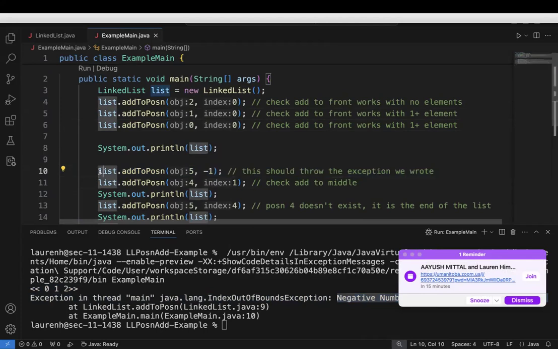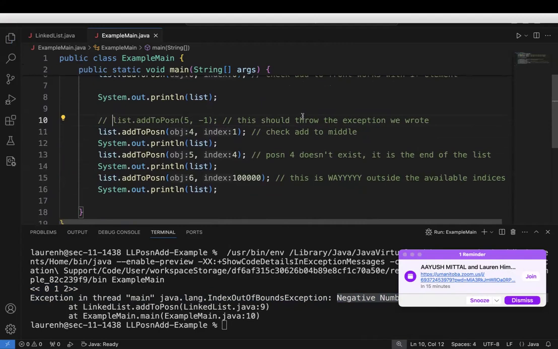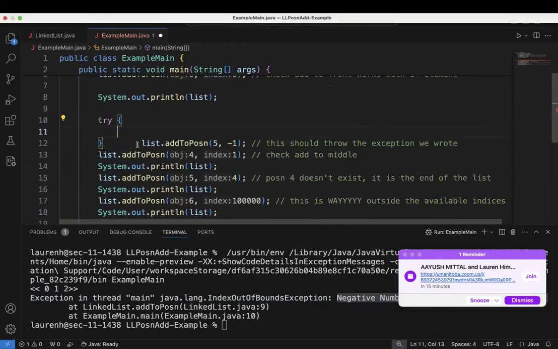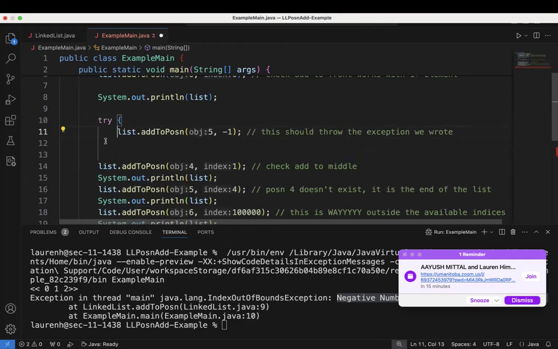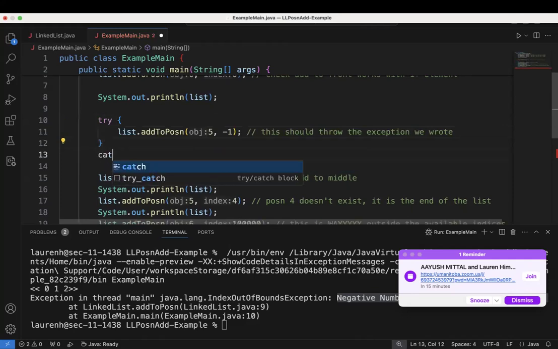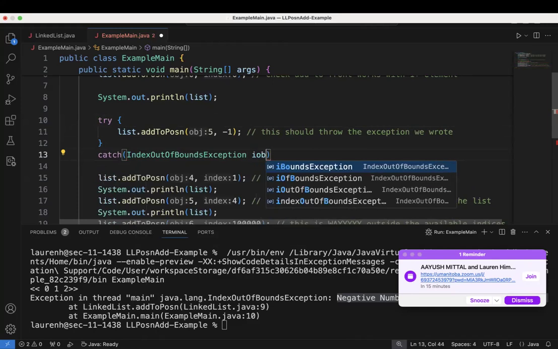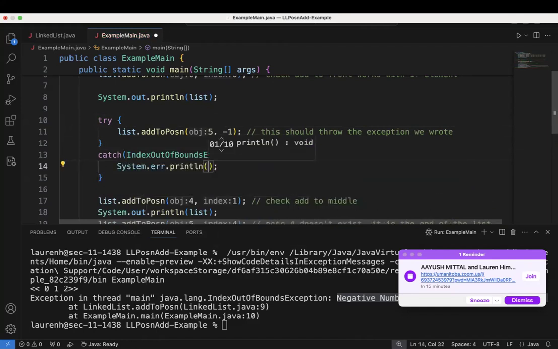We know that that works now, and we definitely have to comment it out if we want our code to keep running, since I am not doing a try catch. If I wanted to, just for testing purposes, as loud as I can possibly say it, just for testing purposes, I can put this inside a try and put this in a catch of an index out of bounds exception, IOBE, and I can just say right here,